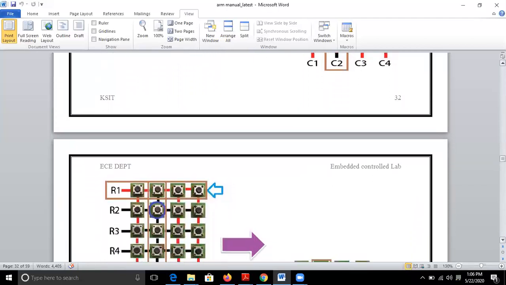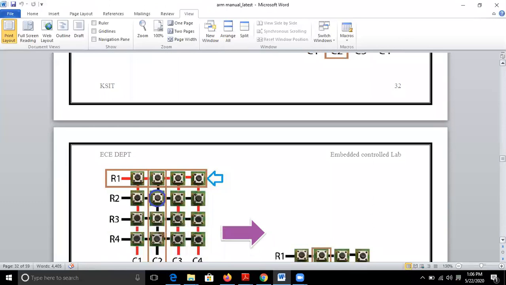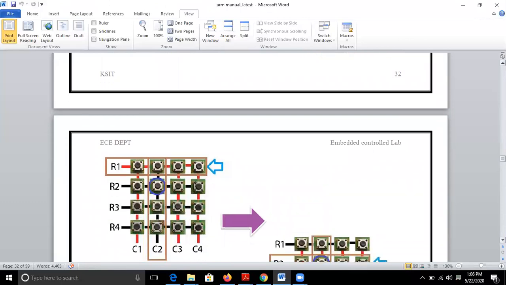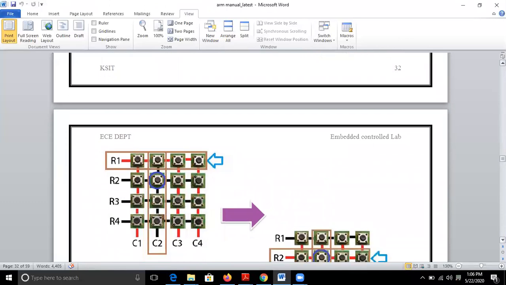So in order to find the row corresponding to the key pressed, what we need to do is start forcing a logic 1 value to rows R1 to R4 sequentially, one after the other. Initially, we will force a logic 1 to R1, that is row 1, and start reading the value on C2.